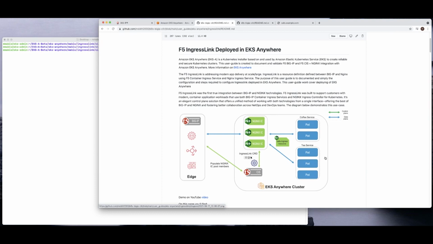I already provided some previous demos and some user guides for how to deploy F5 IngressLink. I'm not going to cover too much about EKS Anywhere. I'm going to leave that up to the Amazon folks to talk about how to deploy EKS Anywhere. They've got a document that you can follow to build out your cluster, to add nodes to your cluster,